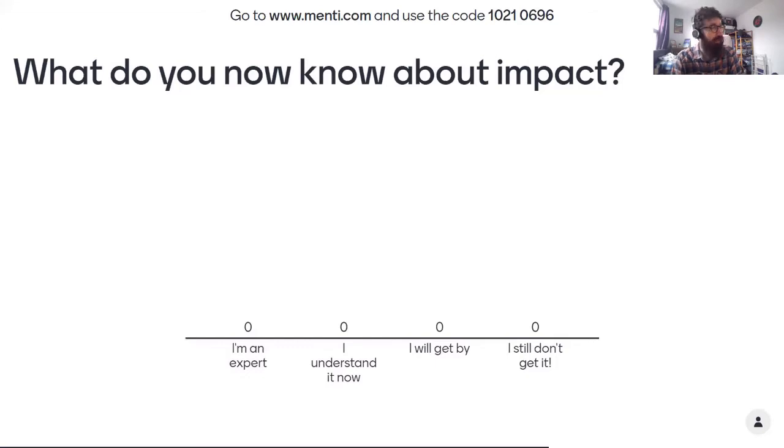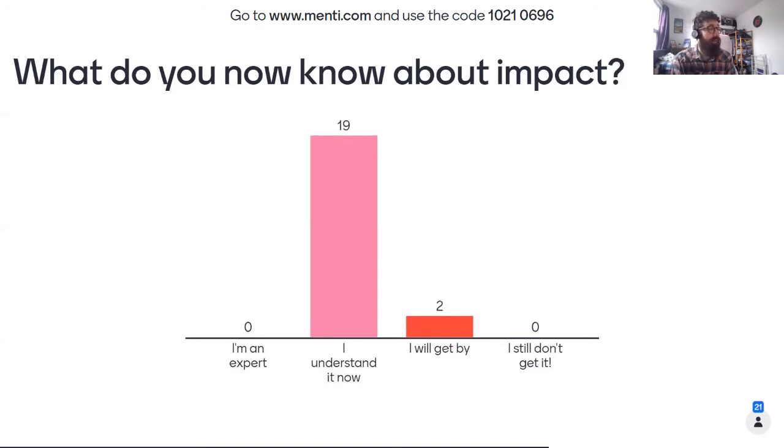Okay, so we're not done, but that's the long and short of what impact is and isn't, and the planning element to it. I'm going to talk more about writing about impact in a second and different types of support, as I mentioned earlier. But if you guys could quickly go back into menti.com and see what you now know about impact comparatively. So it goes back again, am I an expert? Not necessarily need to be an expert, but do you understand it now?